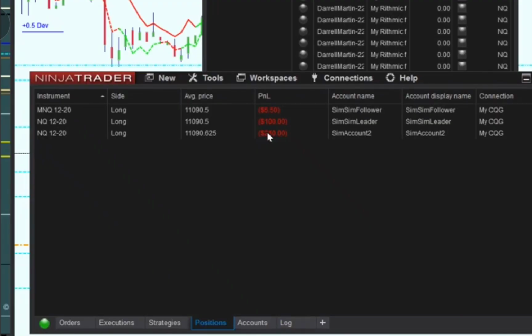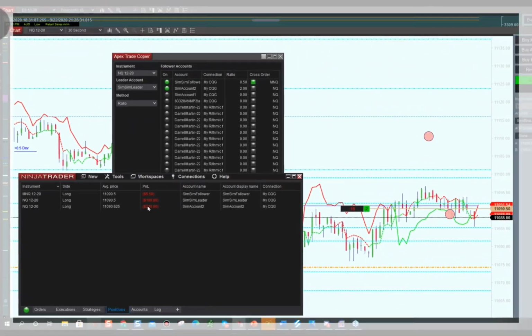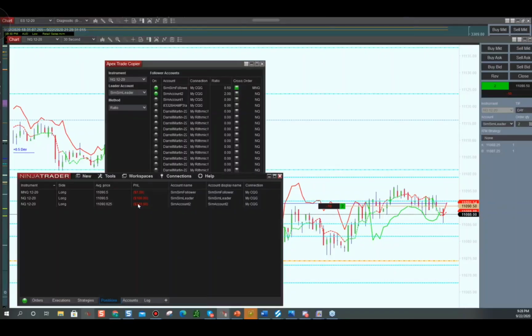So Jeffrey says he used it today on NQ and MNQ, and it was super simple. Do we have to set the copier every time you start MT8? That actually brings up a couple good things. One is save it in your workspace, okay? But two, double check it because